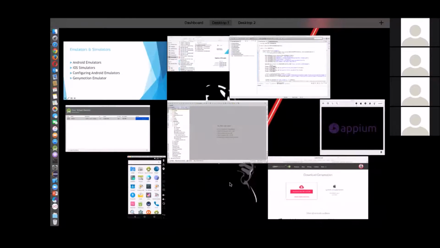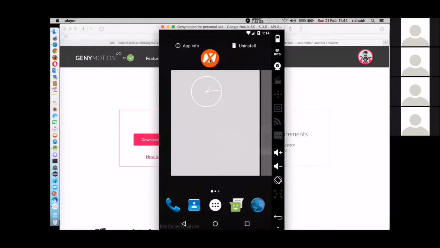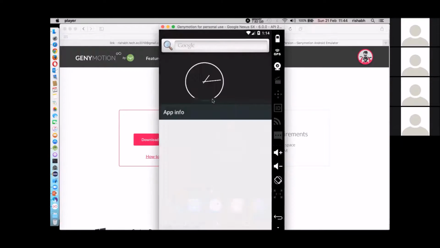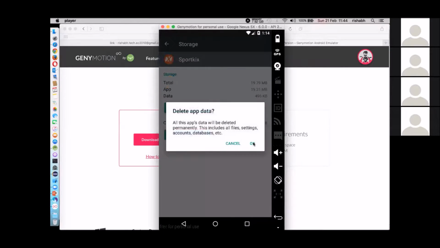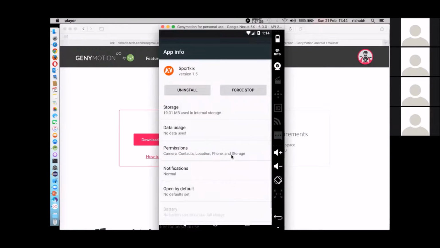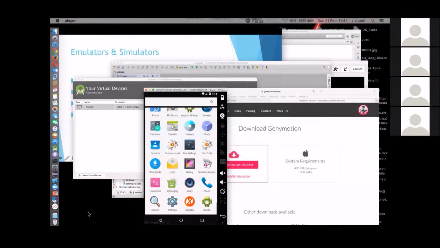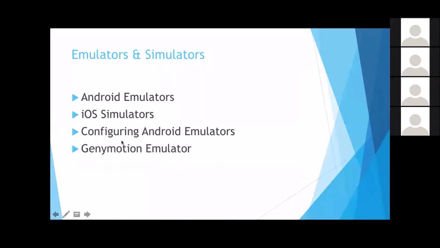So coming to this one, I have an application called SportKicks. We'll try to automate a test scenario over this. So first of all, let me clear the data. And before that, just a brief intro about what an APK and an IPA file is.